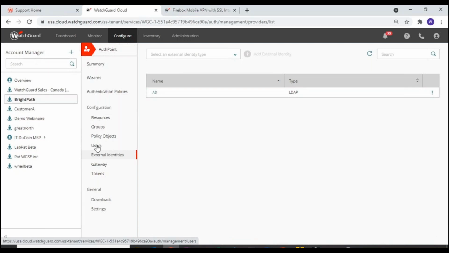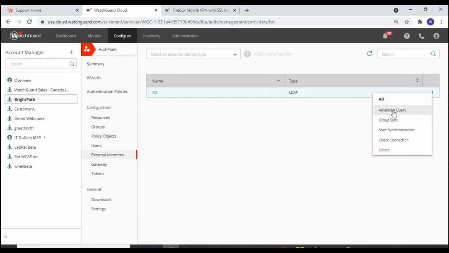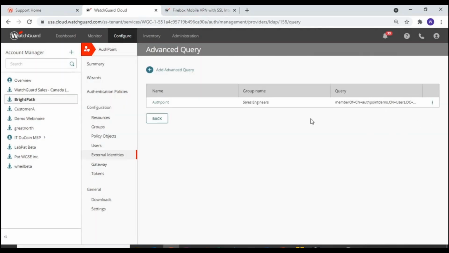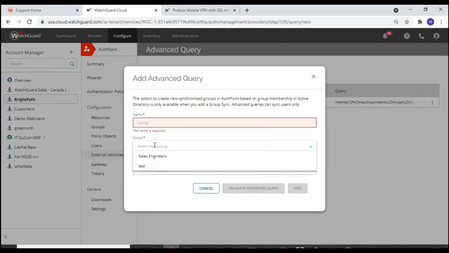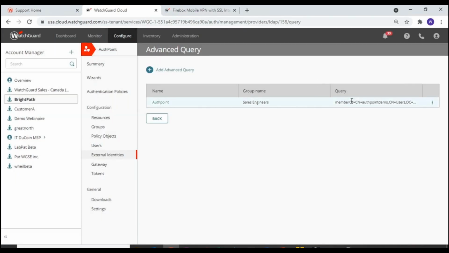In this scenario, if I want to show you what I have done, we also have something called advanced query, right? The advanced query is a little bit more involved, you have to put in the syntax for it. So I can create a name for it. I can select the group, for example, Sales Engineer, and then I'm going to put the advanced query. One of the examples that I created in here for you to see,